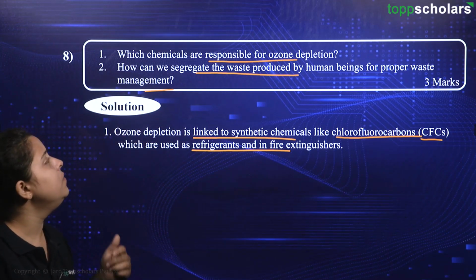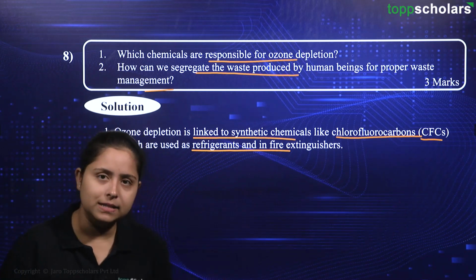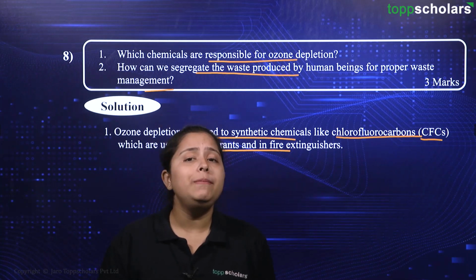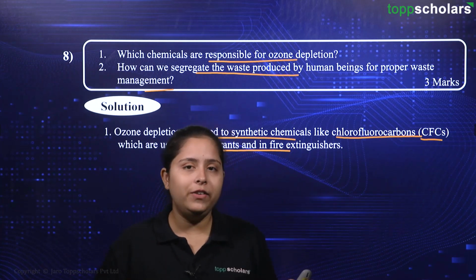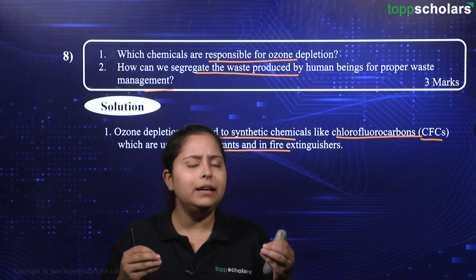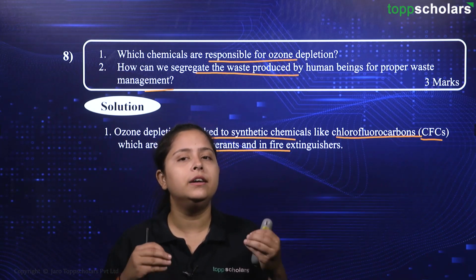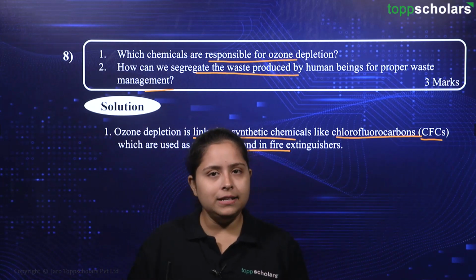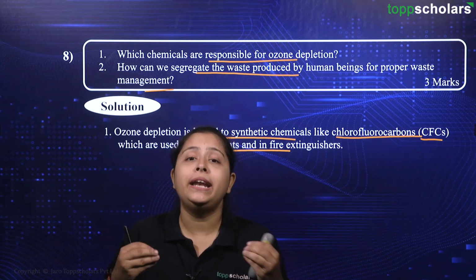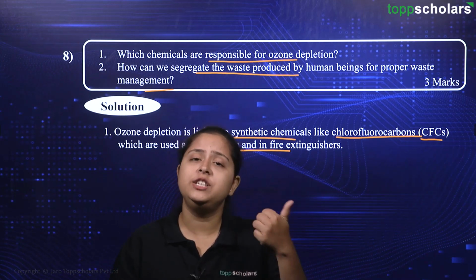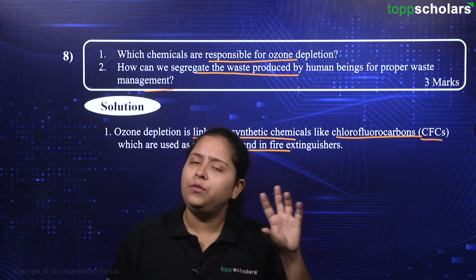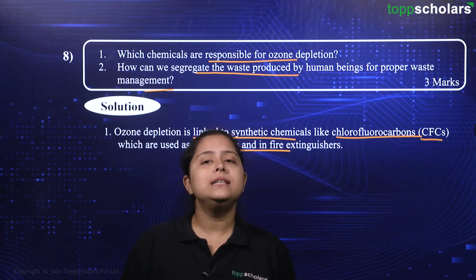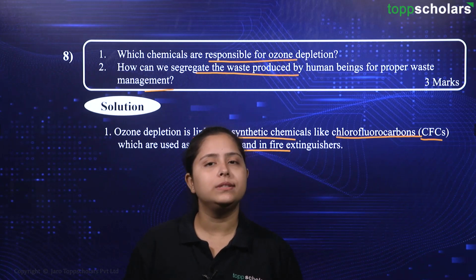Now let us talk about how we can segregate the waste that is being produced by human beings. Friends, tell me, is it the case in your society or your locality that you are asked to separate your dry waste from the wet waste? Yes, this is very common nowadays, and many societies and areas are following this practice. Why is it so? Because the wet waste is mostly biodegradable. What is wet waste? It is your vegetable waste, your kitchen waste, your leftover foods. All of these things are biodegradable, that means the organisms present in our environment can degrade those things.